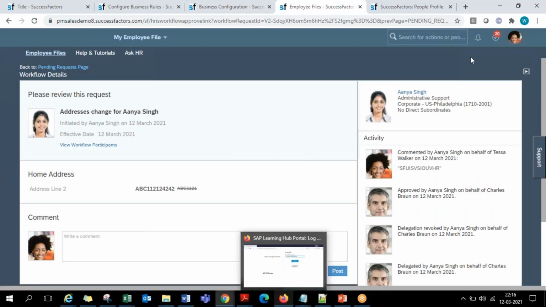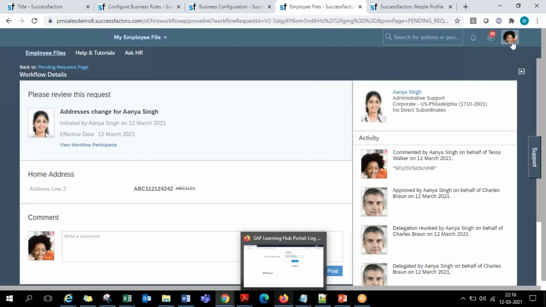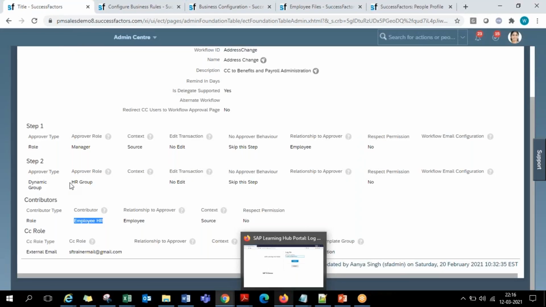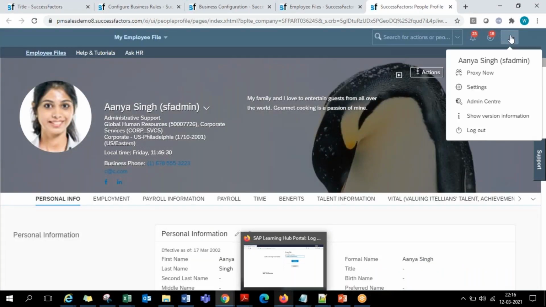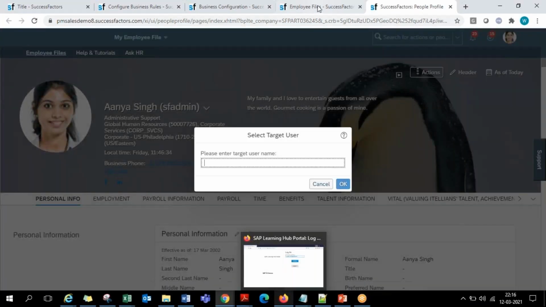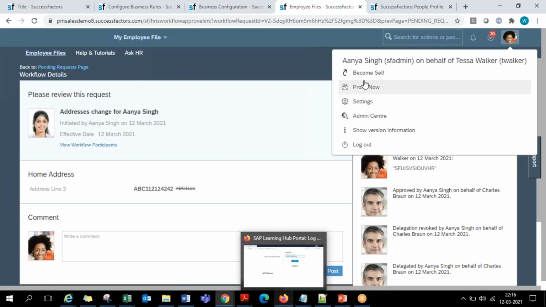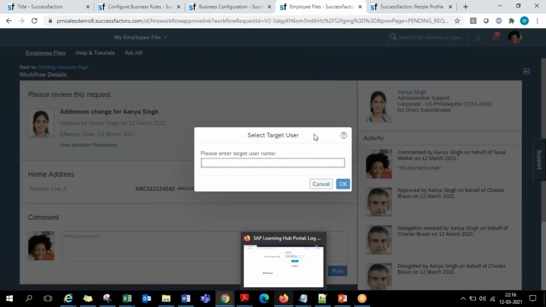And then we have the second level approval. Now let's go for second level. So second level approval is an HR group, guys. In the HR group, you have two people, Alex and Sydney Battle. So let's go for one person initially. Say I proxy as one of the persons, called, say, Alex.